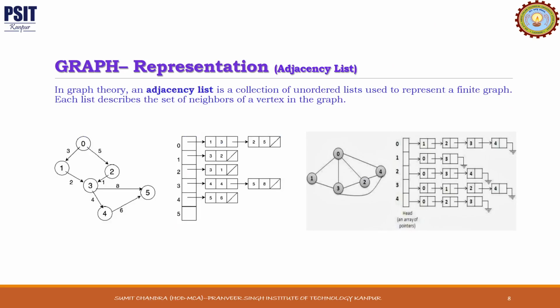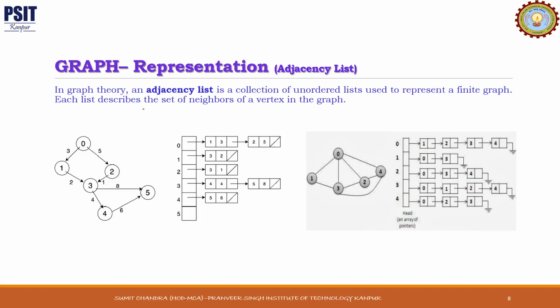So obviously there are lots of negative implications of using an adjacency matrix, because an array can sometimes be very static, and removing and inserting a new node and creating a new matrix can be computationally very costly, and storage of the array is also very costly. So the second method is the adjacency list.